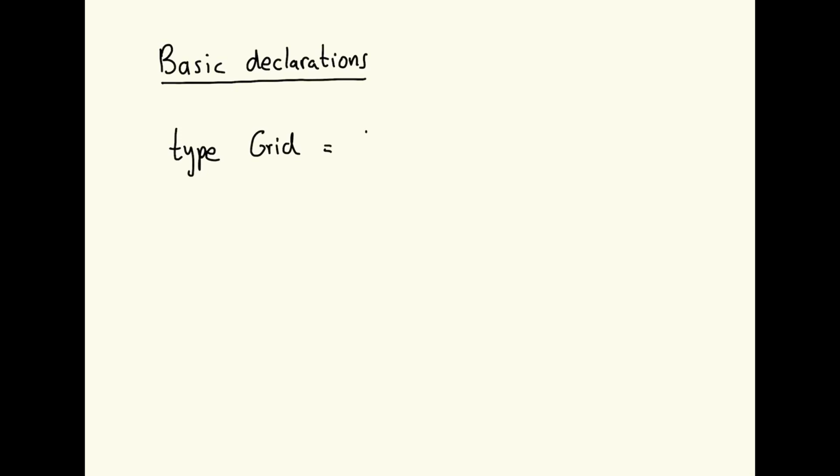So let's now get down to writing some actual Haskell code. What we're going to do first is make some basic type declarations. I'm going to come at this in a top-down manner. I'm going to write a Sudoku grid type, and there'll be some components in that which we don't know what they are, and then we'll fill those in, and so on until we've declared all the types that we need. So I'm defining a basic type here called grid, and a Sudoku grid is simply going to be